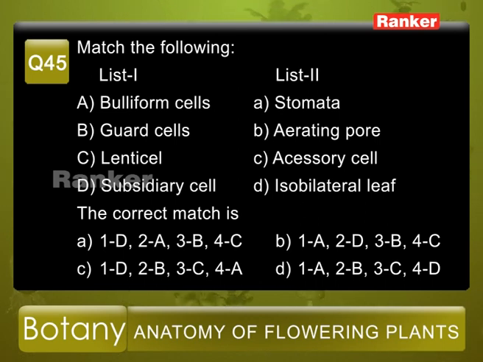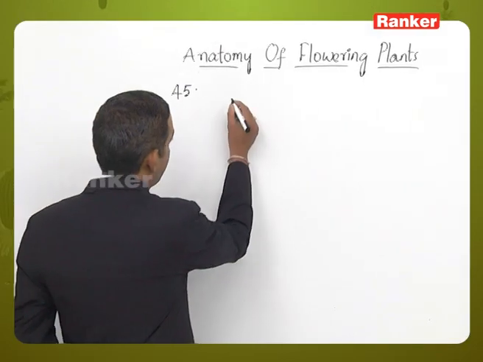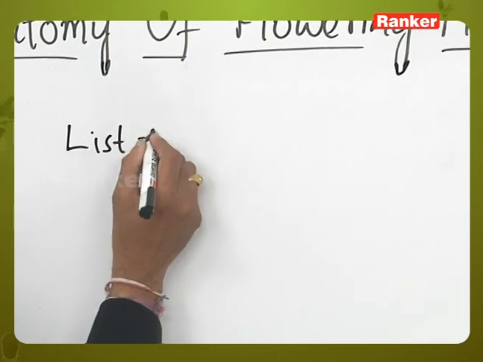Option A: 1D, 2A, 3B, 4C. Option B: 1A, 2D, 3B, 4C. Option C: 1D, 2B, 3C and 4A. Option D: 1A, 2B, 3C and 4D. So here let us take list 1 and list 2. In list 1,